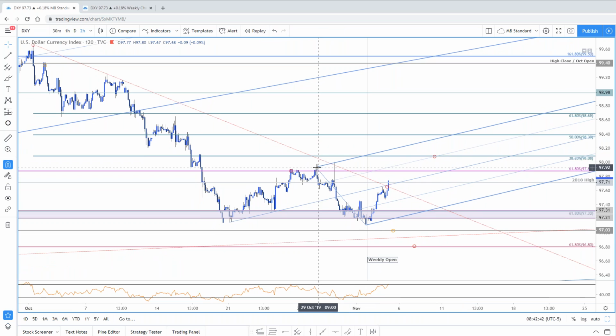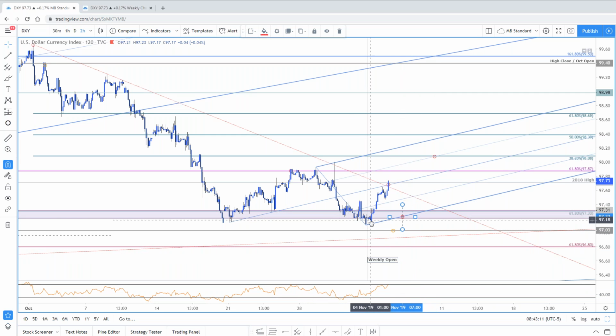Couple different reference points that you could work with. I tend not to like the action points off of event risk, and this right here I think is FOMC, right? So the other action high behind or ahead of that is the 29th of October. So it kind of looks like a median line break here if we push through. Puts a little bit of focus higher while above essentially that Friday high. So this would kick back your bullish inval to like the weekly open, which works out beautifully, and near-term support